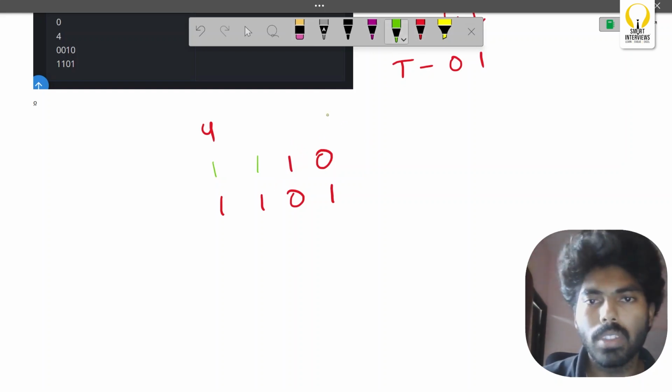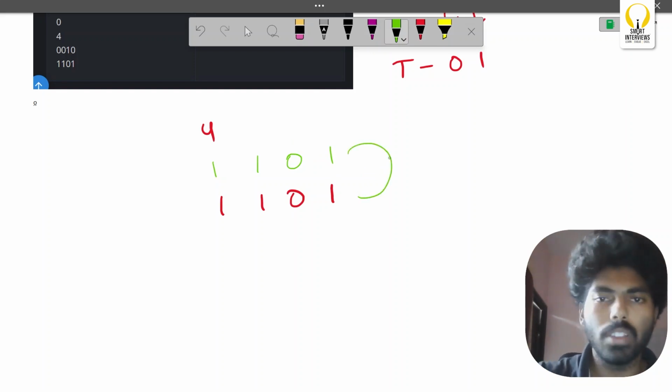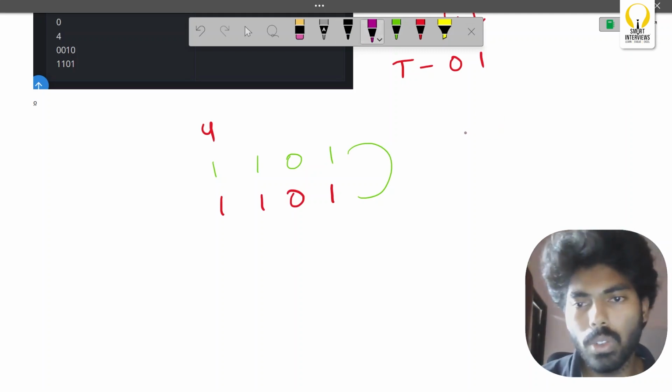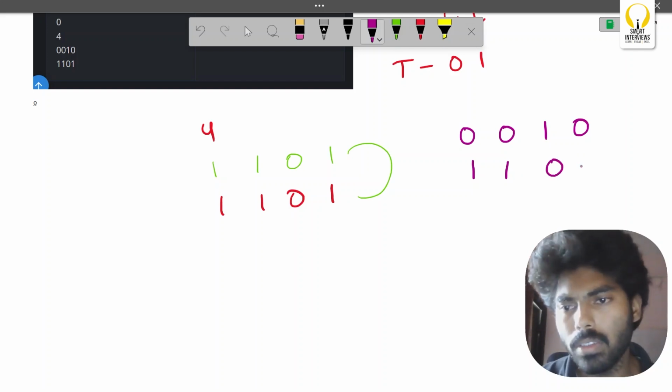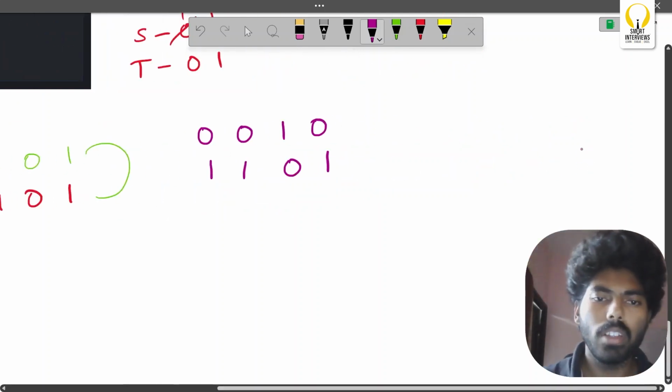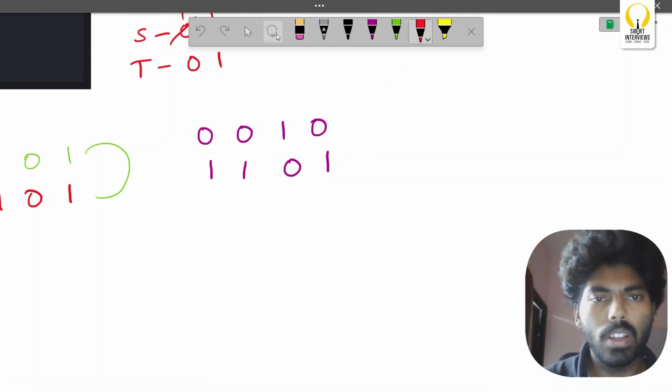So this becomes 0 and this becomes 1. Now S is equal to T, so I will simply return yes as my answer. Okay, but there is one key observation on this. Look at this: 0, 0, 1, 0, 1, 1, 0, 1. Previously, what we did in these two indices, we simply performed,